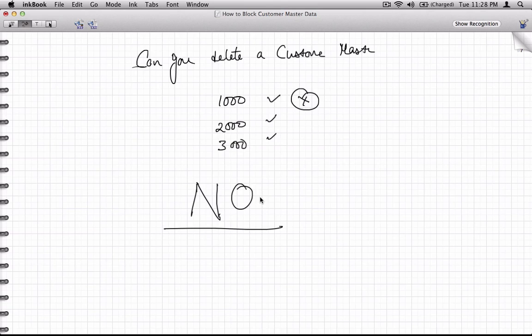It causes a lot of consistency issues. So it's not just SAP. As a practice, generally any ERP master data is never deleted, and in robust systems like SAP, they don't even allow you to delete master data. So once created, it's there until